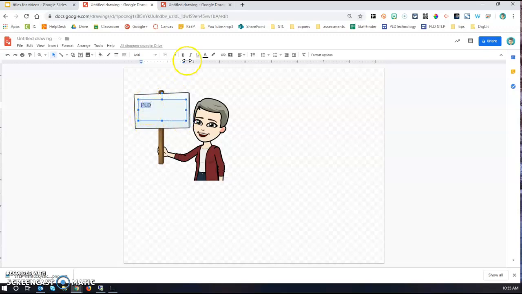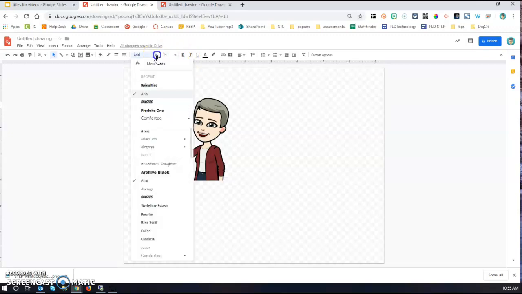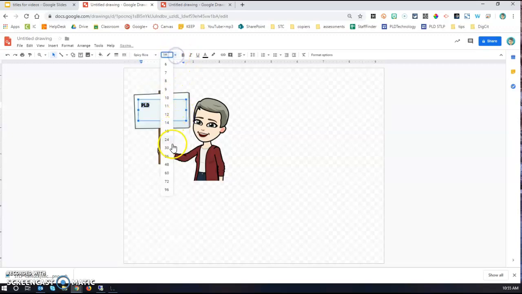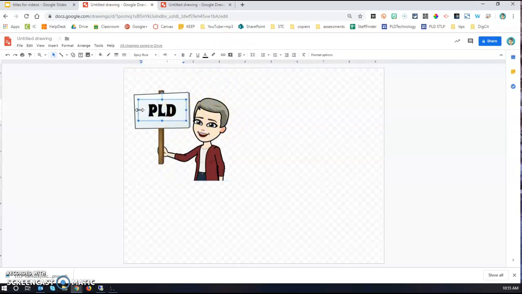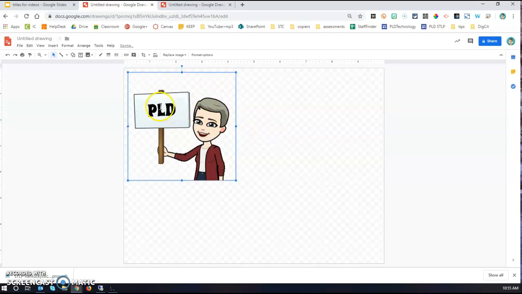I can then resize my text, make it a different font. I'm going to give it Spicy Rice. I'm going to make it, I don't know, however big. And then I'm going to center the text. And once I click off of it, now you notice you can still see a faint box. That's because the box behind it is a gradient. So it's a little lighter up here, a little darker down there. It's not going to be perfect, but at least it's better than it was before,